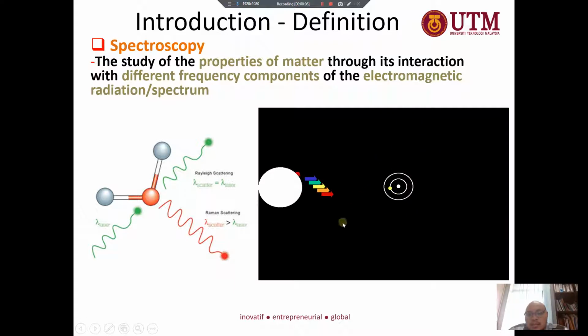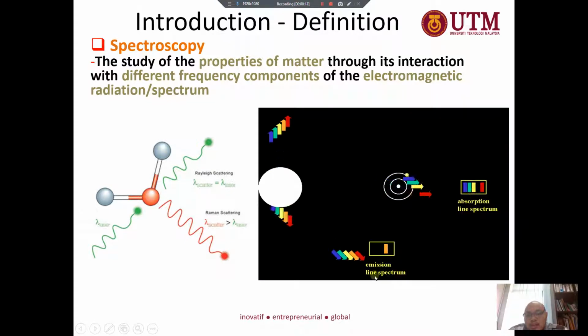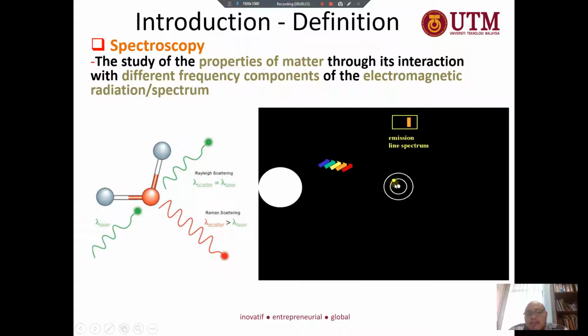I cannot pause this figure because this is a GIF, it's a continuous figure. If we look over here, let's wait for a while. We have the absorption and the emission spectrum, right? So for the absorption, when we give the spectrum here, for example, the orange one is absorbed by our analyte, so here is the absorption spectrum. When our analyte goes down, it will release the energy, so it will give the emission spectrum. Okay,